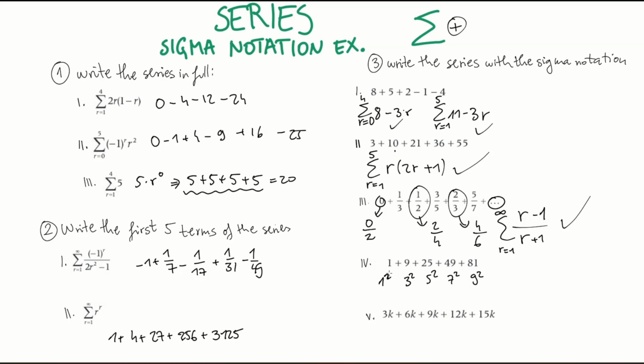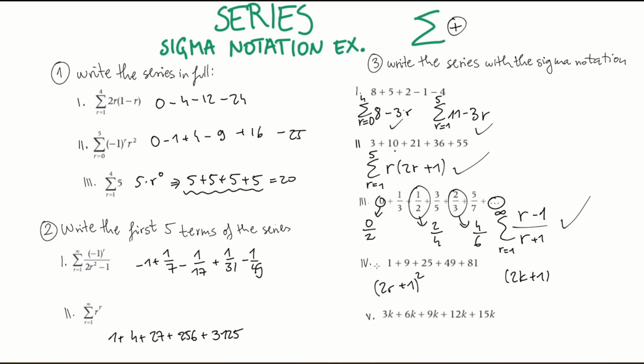And we can see that these are basically just odd integers. And I said we can write odd integers as 2k plus 1. And that's basically it for this example. We just write 2k, instead of k we're gonna use r, plus 1